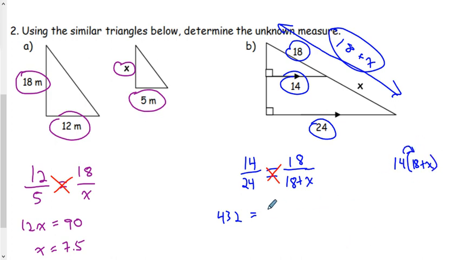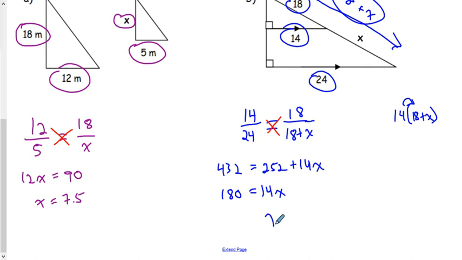Well, our 14 times 18 is going to be 252, and our 14 times x will be 14x. Okay, so now we got to solve for x. Let's subtract 252 from both sides. We end up with 180 equals 14x. Divide both sides by 14. We get x is